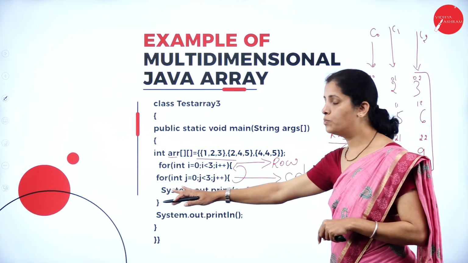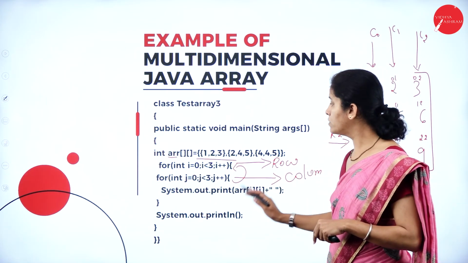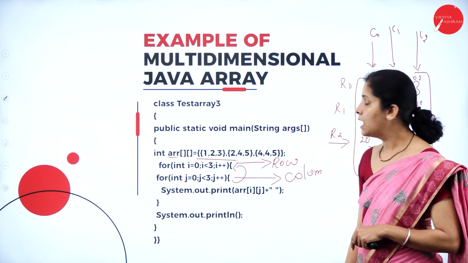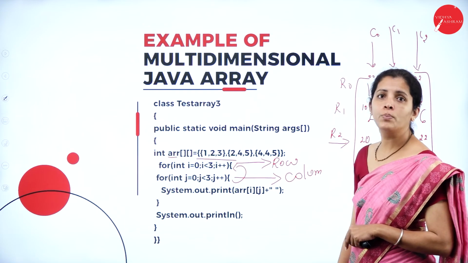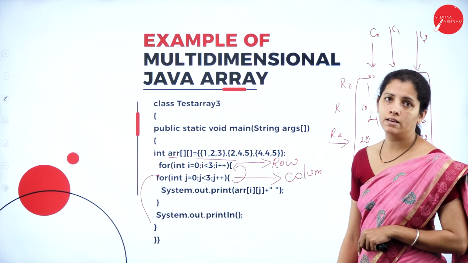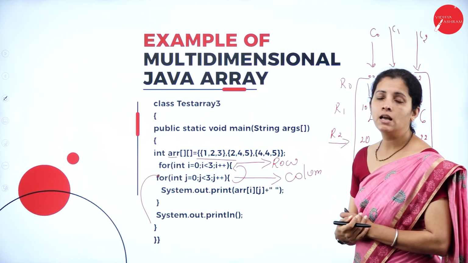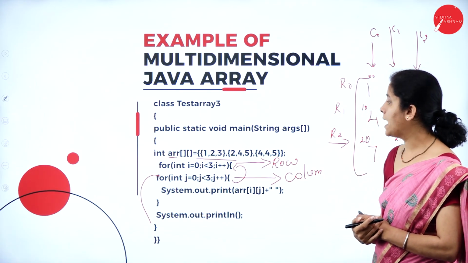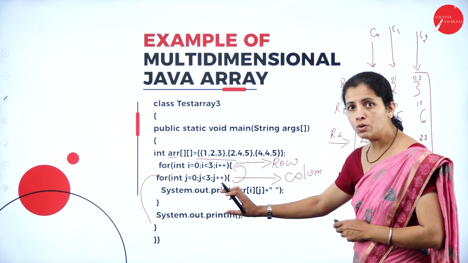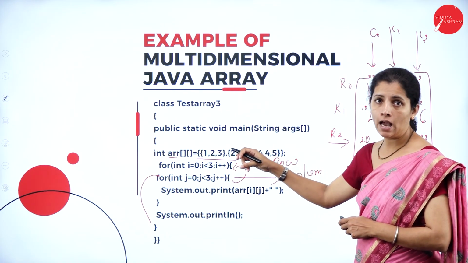Now once again the inner for loop is going to execute, and once the inner for loop condition fails, then the outer for loop is going to increment and execute. And when both the for loops fail, then the control transfers to the next line. So this is the way I can use multidimensional arrays in a Java program. And these two for loops are used to retrieve the content which is stored in an array and